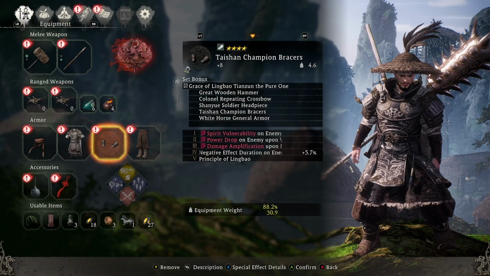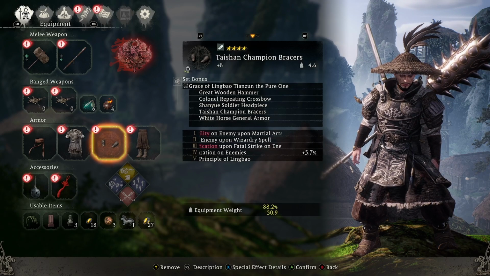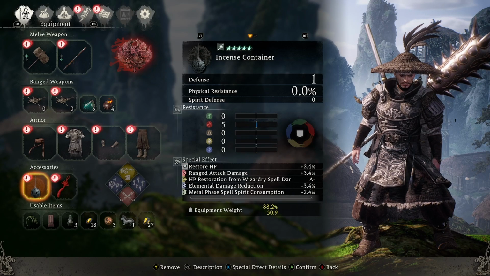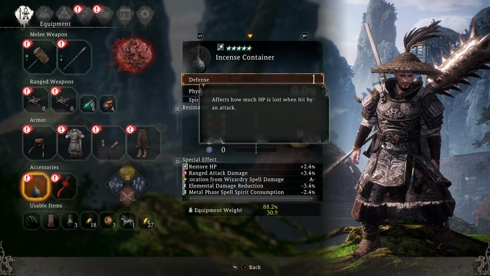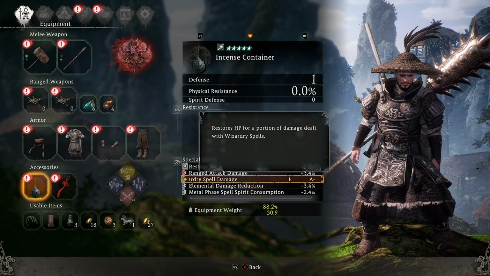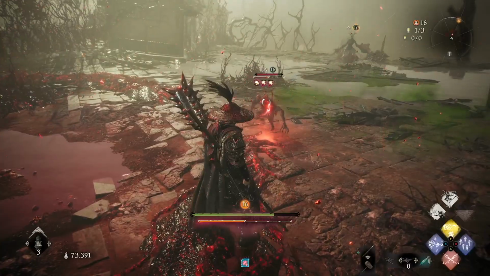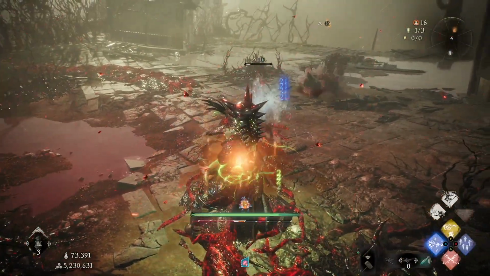For survivability, this build is absolutely amazing as well, because we have accessories which are absolutely overpowered and make this build even better than it should be. For accessories, like I said, we are using synergy between this special effect: restores HP for a portion of damage dealt with your wizarding spells. And your spells, look at